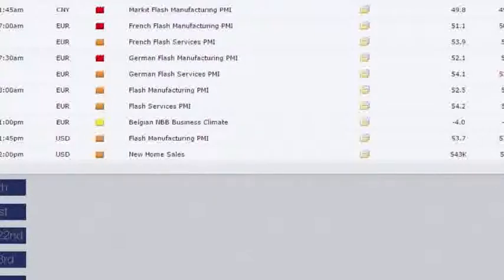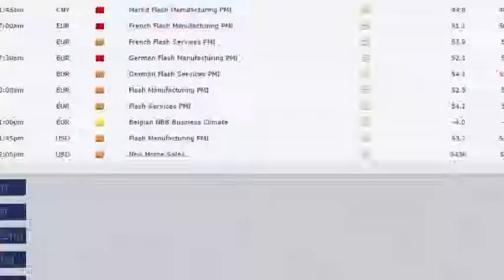So that's the risk events. The big highlight of the week, of course, is the RBNZ, but you also want to keep your eye on what's going on in Australia. That could be a tricky one as well. And of course, the